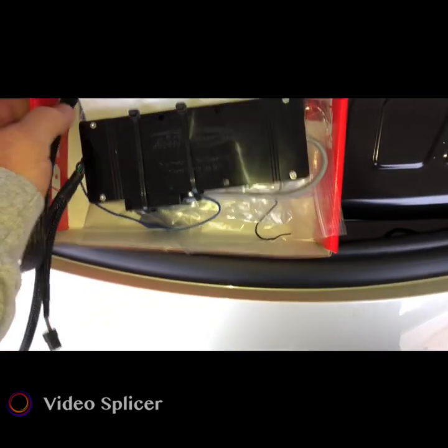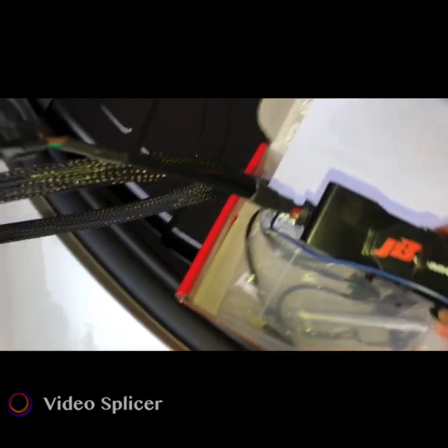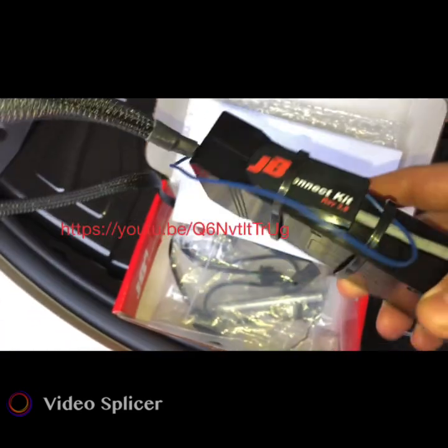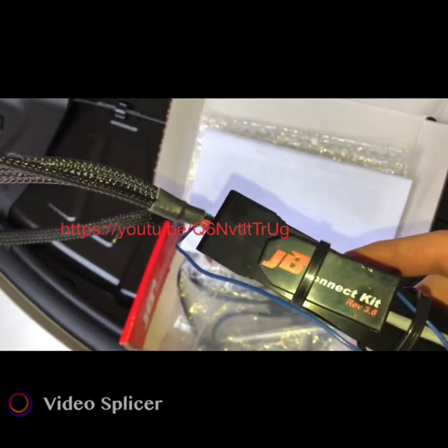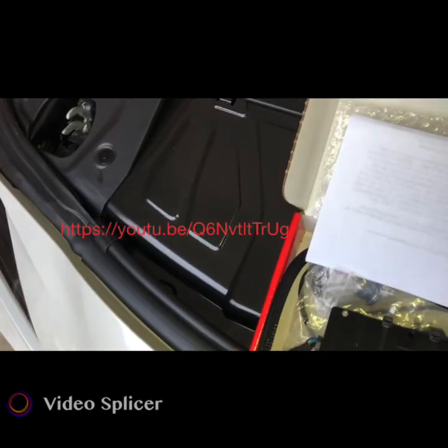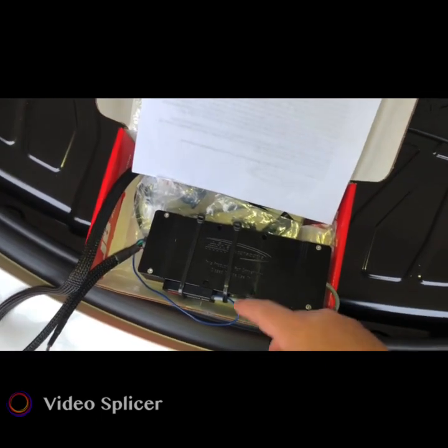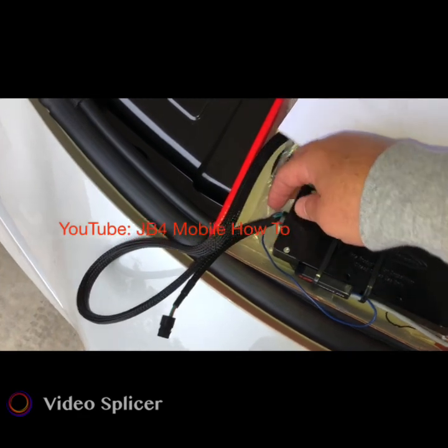All right, so I've already done this portion of it with the remote for the phone. I didn't video it, but I have a video that I'll put a link on to show how this is done. I could have ran that blue wire through here, but it made the cable shorter. So I followed the directions